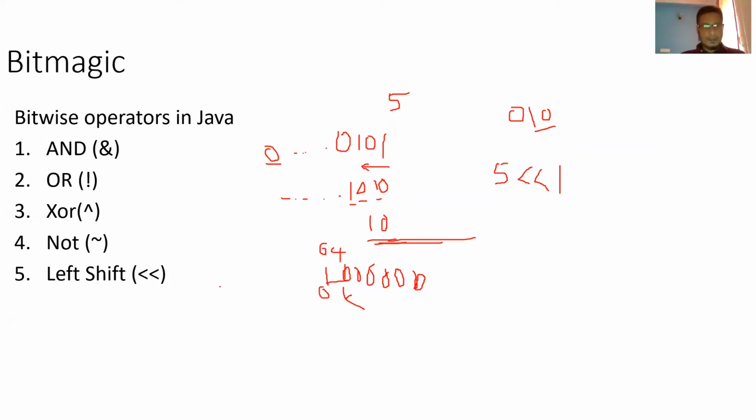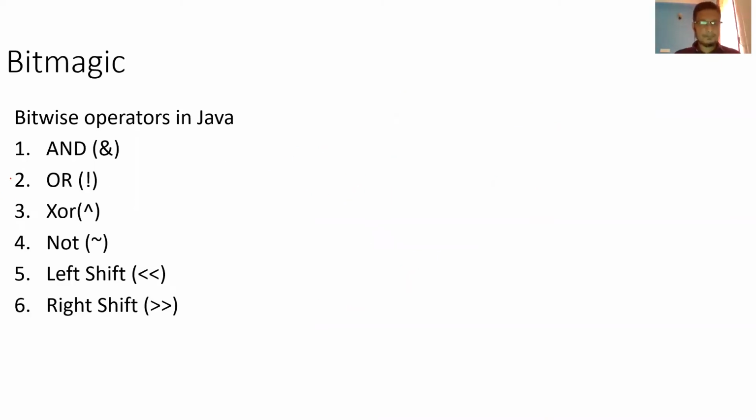So this right shift is what we call signed, it tries to retain the sign bit. If you have a 32-bit number, the last bit will be a sign bit. It represents whether it is a positive number or a negative number. So this tries to retain that sign bit. It will not disturb it. But there is another right shift, an unsigned right shift, which does not take care of the sign bit. So if there are 32 bits, it will try to move all the 32 bits. So the number will be represented like this.